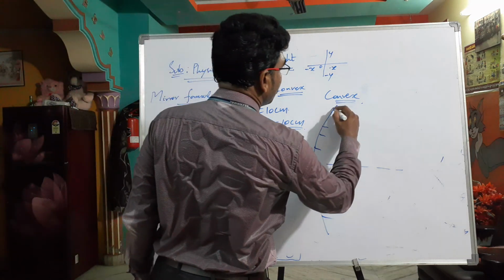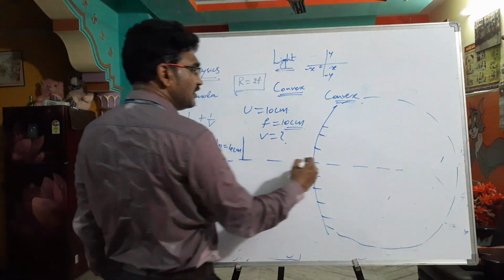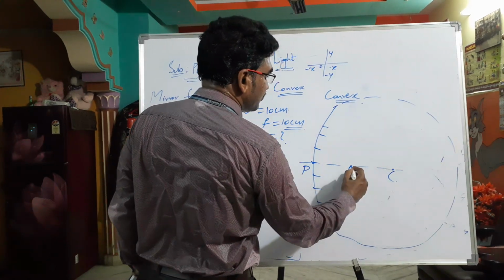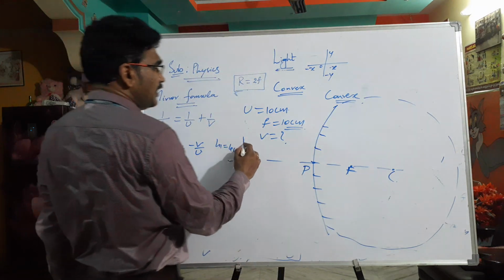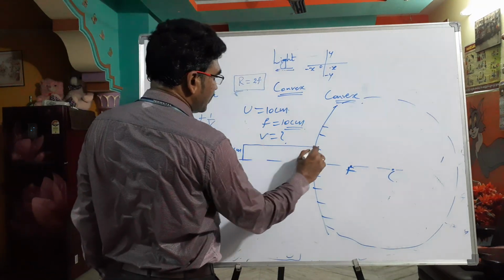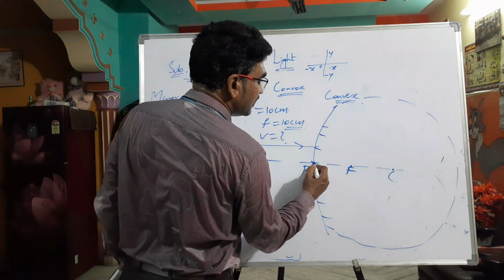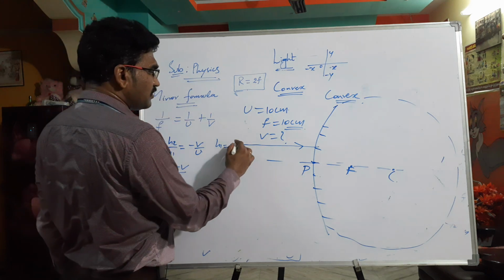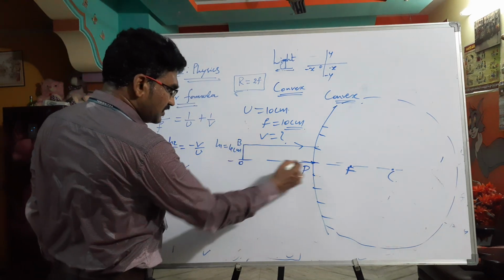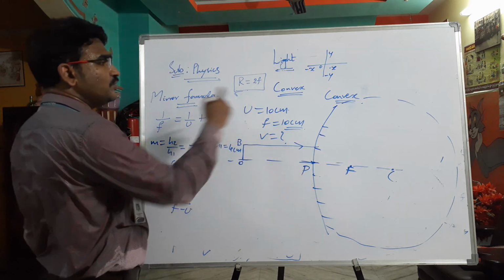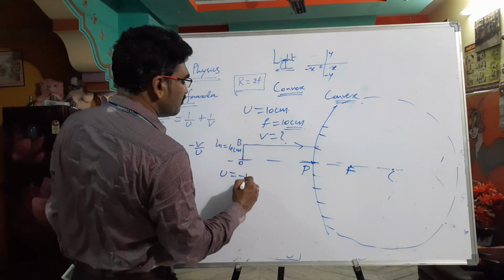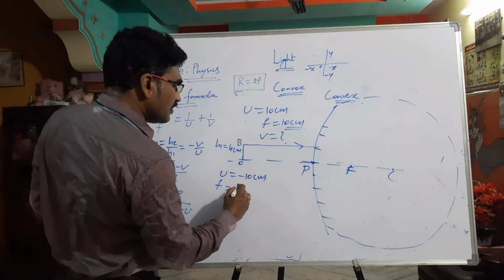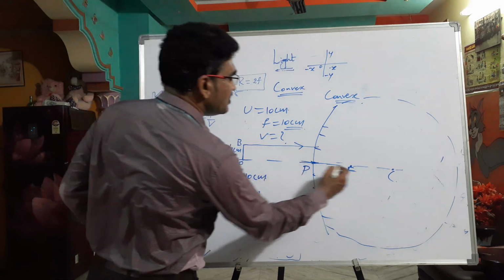Of course, this is convex. So, this is the pole, this is the principal focus, and the center of curvature. Okay, this is on this side. This is an object. Incident rays will be moving in this direction, and we are measuring the focal length also in this direction. So F is positive. But what is the object distance? We are measuring the object distance PO in this direction, but incident rays are moving the other way. So U is negative. So U is equal to minus 10 centimeters. F is plus 10 centimeters because we are moving in this direction.